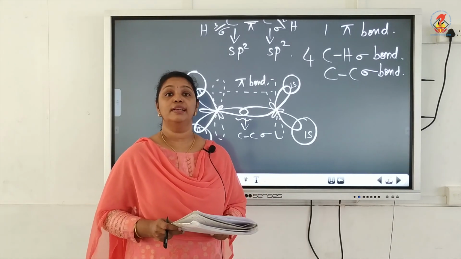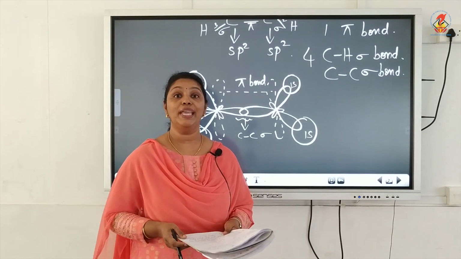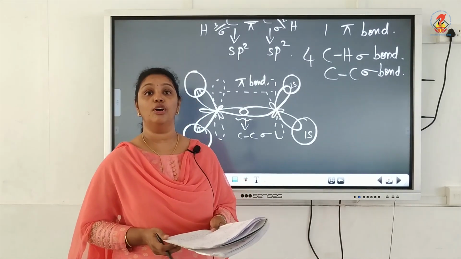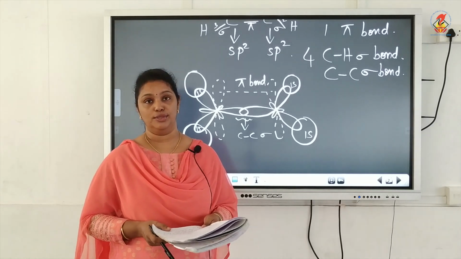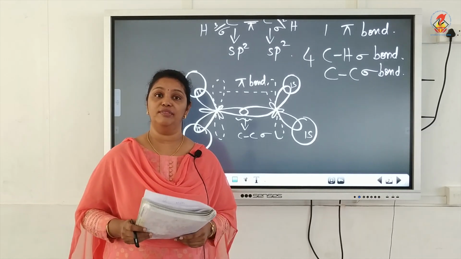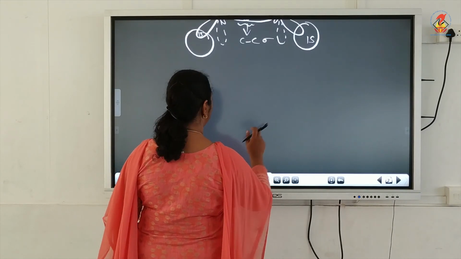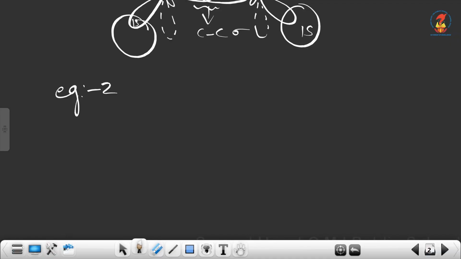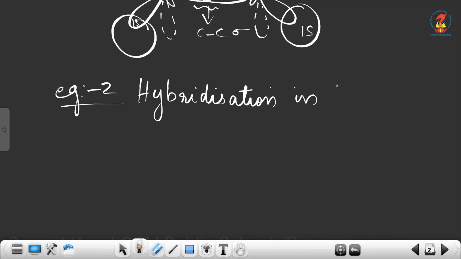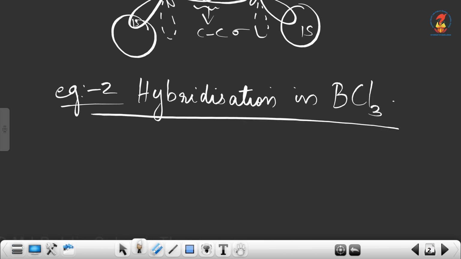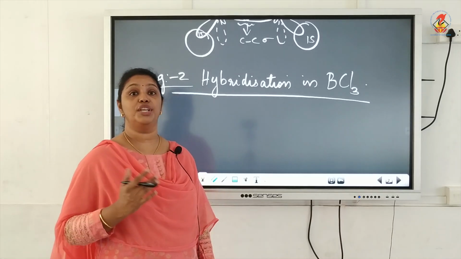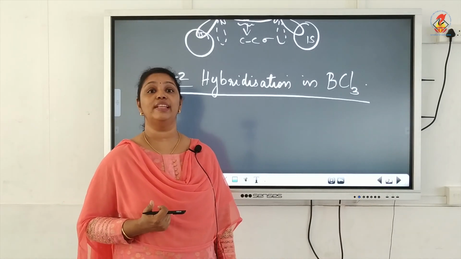Now next example, let's see the hybridization in BCl3, boron trichloride, or the same can be applied to BF3 also, boron trifluoride. So here I am going to explain with BCl3. So next is example 2, hybridization in BCl3, boron trichloride. Now already we have discussed in the shapes when we studied VSEPR theory that BCl3 has